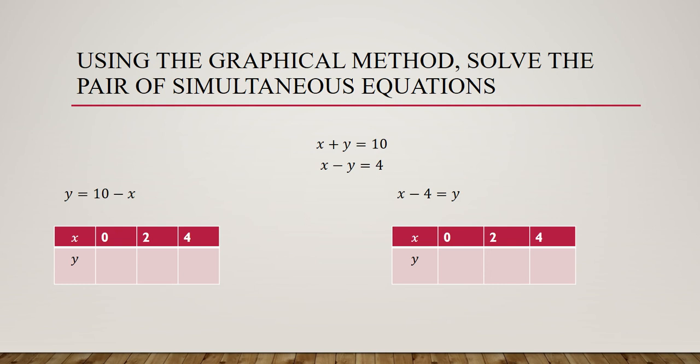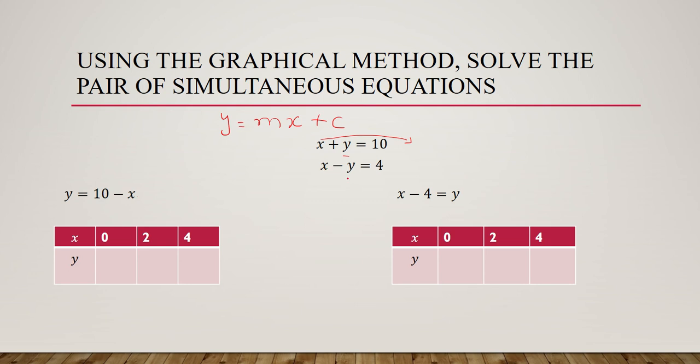Here we have to plot the two lines of equation, and because these are linear equations, the standard form of a linear equation is y is equal to mx plus c, where m is the gradient and c is the y-intercept. So we have to bring these equations into standard form. So it is x plus y, and we have to make y the subject. For this we have to move this x, so x will become minus x. This is our equation. Second, x minus y is equal to 4.